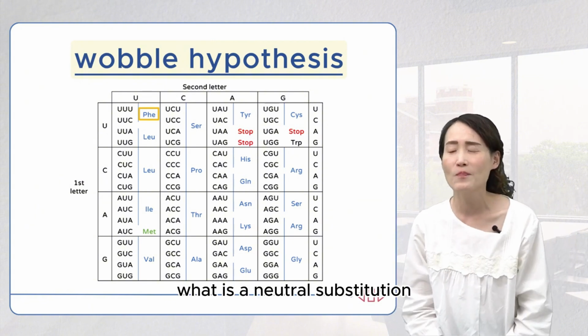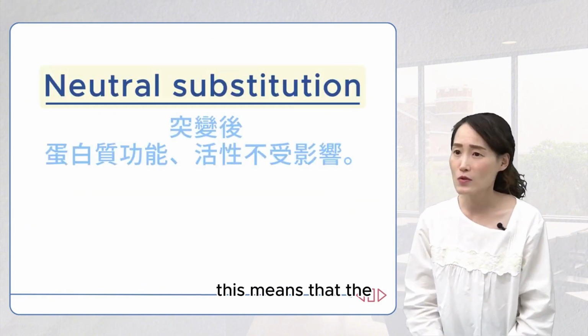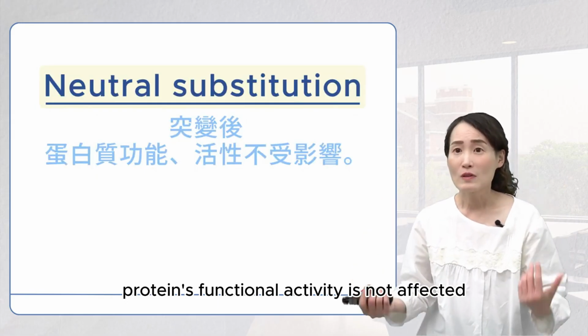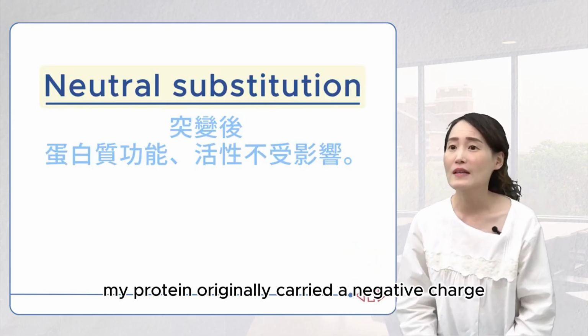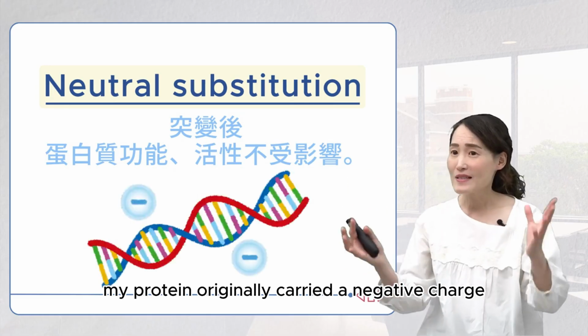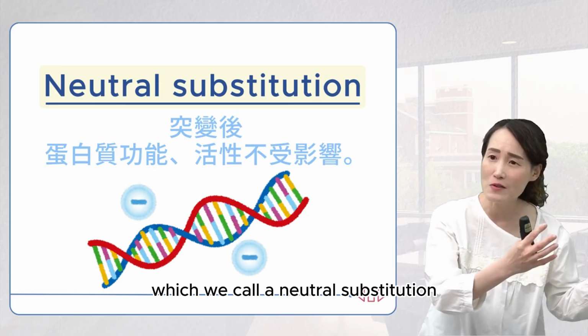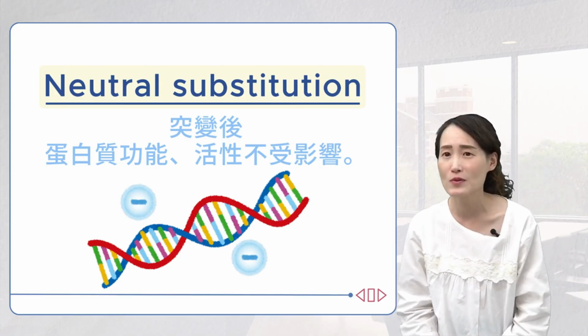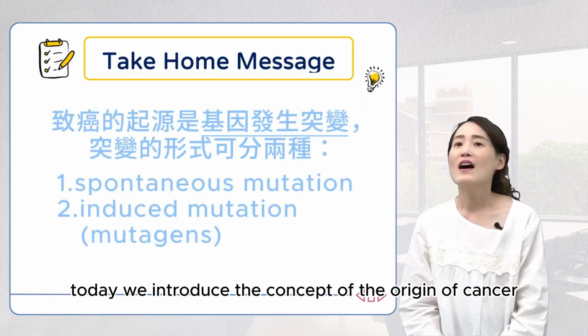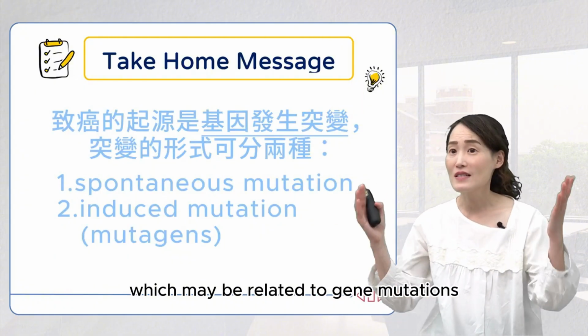What is a neutral substitution? This means that the protein's functional activity is not affected despite the DNA mutation. My protein originally carried a negative charge, and after mutation, it still has a negatively charged amino acid, which we call a neutral substitution. Today, we introduce the concept of the origin of cancer, which may be related to gene